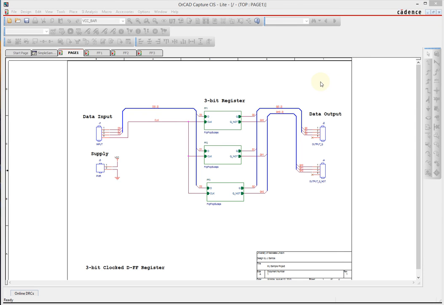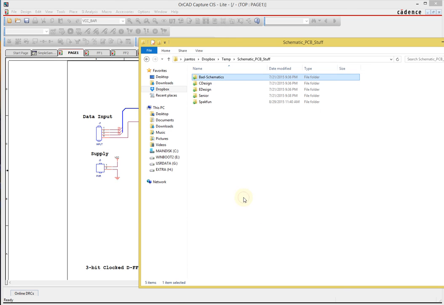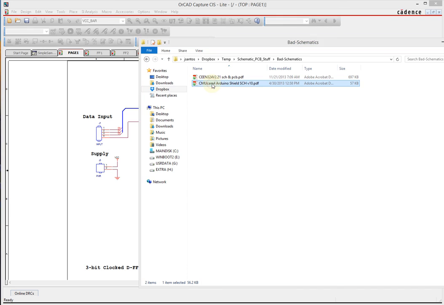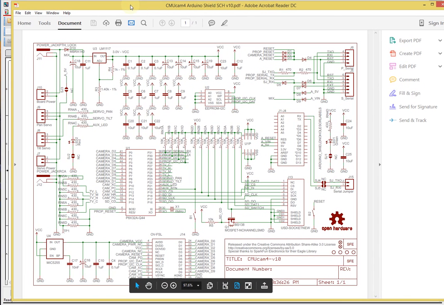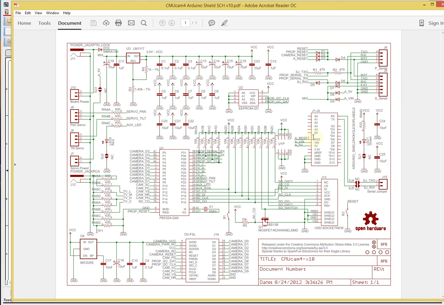Okay, so let's take a look. Good schematics, bad schematics. Let's see. Some schematics here. Let's start with some bad schematics. Here we have a schematic that I used in the past. We used the CMU Cam from SparkFun, CMU being Carnegie Mellon University. This is a schematic that was offered for the board,